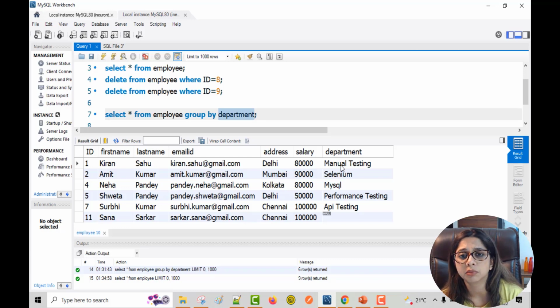We'll learn a lot more about group by, using the having clause, which applies a condition on the result set, the same as the where clause does for select statements. Similarly, having works in the group by. So we'll see that too, and we'll also see how to group by using two different columns as well. So moving forward with the session,